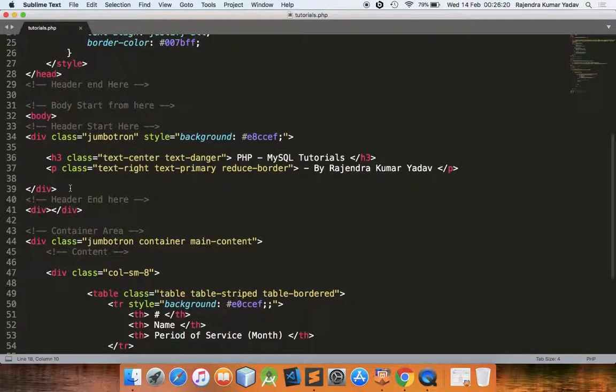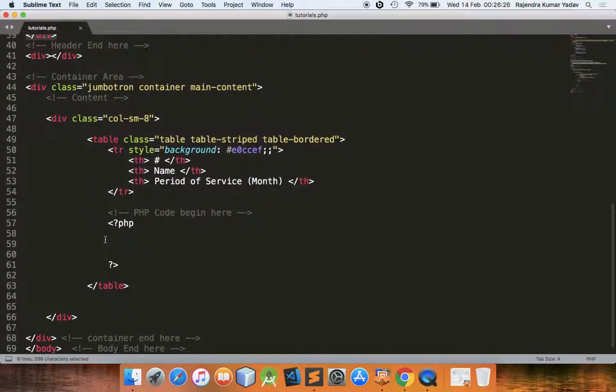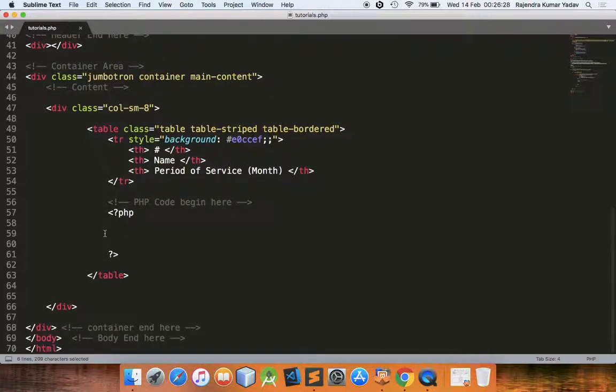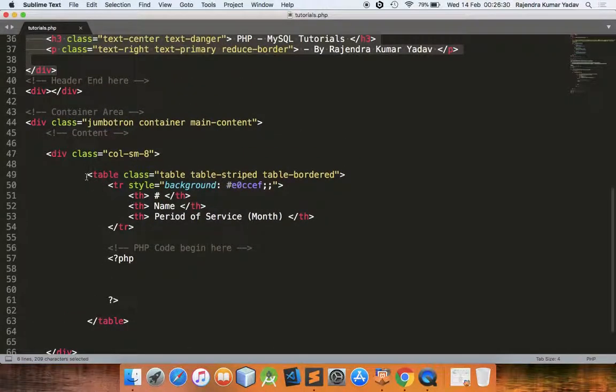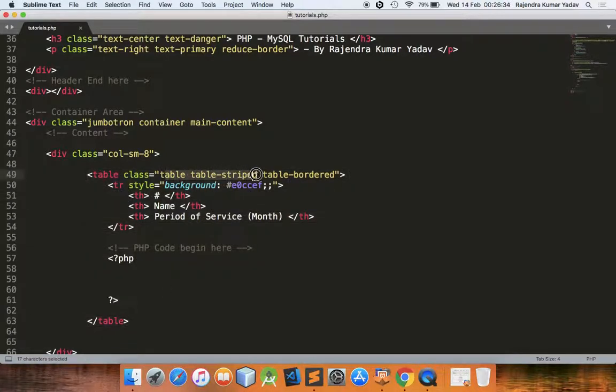Later on, I take two different divs in which I place my codes that are displayed on the screen. Here I take a table, along with some classes that are predefined in the Bootstrap library. Along with that, I change the background and put up some headers for that. Okay, so now start the coding